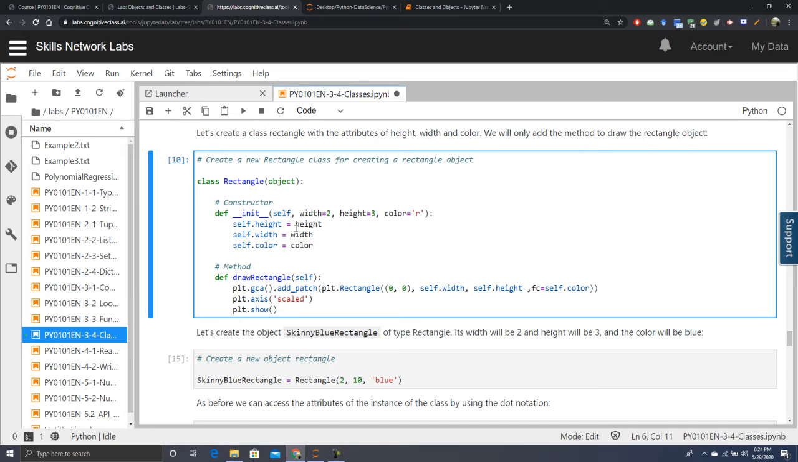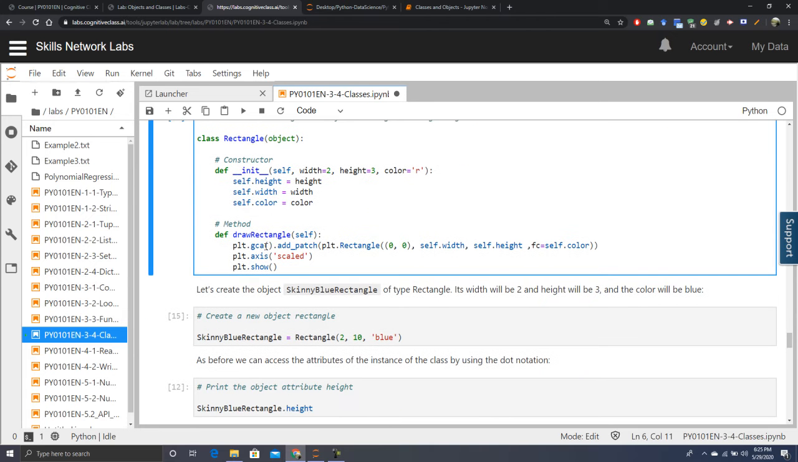So self.height equals height, self.width equals width, self.color equals color. So basically you have width, height, color, and all these variables are stored in the self. So that's why you say self.height, self.width, and self.color. And then you have to draw the color, that's why you mention the method,